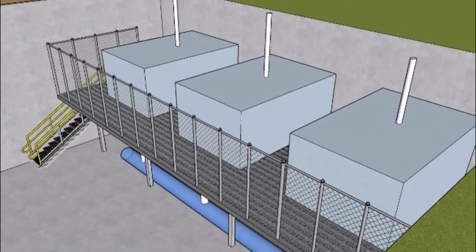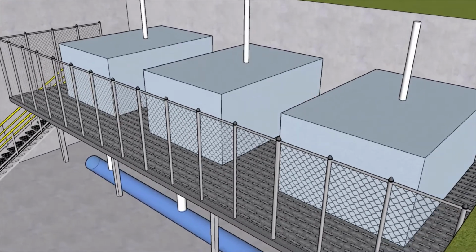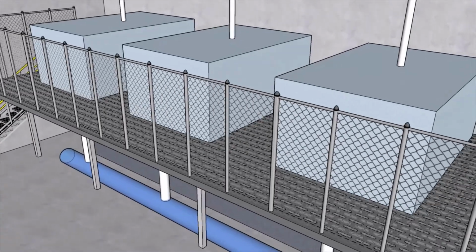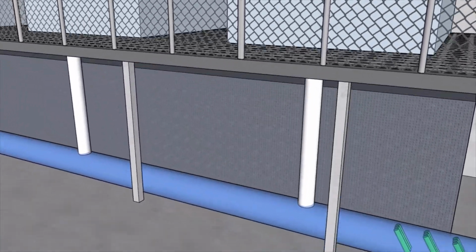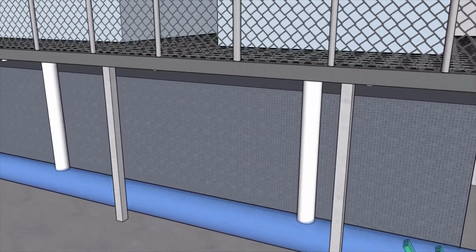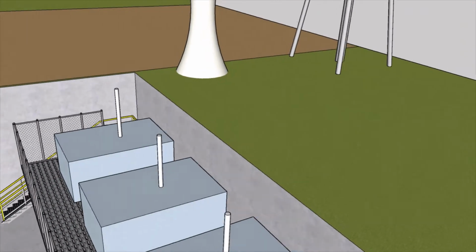By adding and removing oxygen, the conditions are optimal for bacteria to convert ammonia to nitrogen gas through denitrification. Similarly, phosphorus accumulating bacteria uptake the phosphorus, removing it out of the wastewater and allowing it to be reabsorbed into the sludge blanket. After 6 hours, the clean effluent water is decanted to the ultraviolet unit that disinfects the water